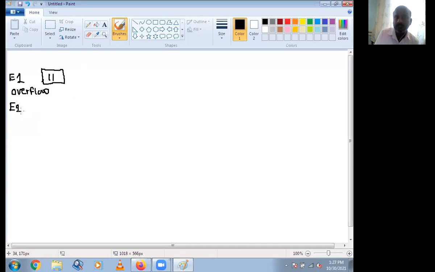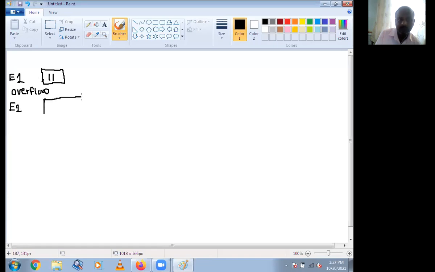while inserting a new element, suppose you want to insert a new element, then take double the space of the previous. The previous has only one space, so whenever you are inserting a new element, take double the space of the previous.